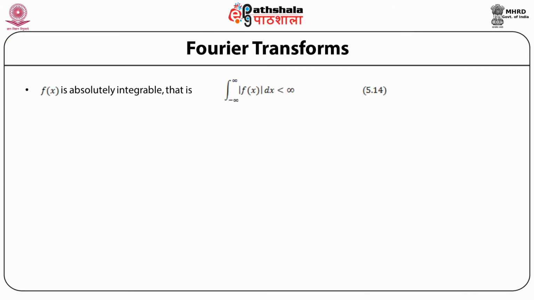Because the Fourier transform is an integral over an infinite range, we must consider whether or not the integral converges. Sufficient conditions for the existence of the Fourier transform are the Dirichlet conditions, that is, the Fourier transform exists if, number one, on any finite interval f(x) is bounded, f(x) has at most a finite number of minima and maxima, and f(x) has at most a finite number of discontinuities. The proof is straightforward.